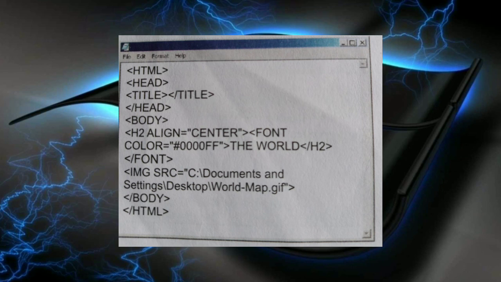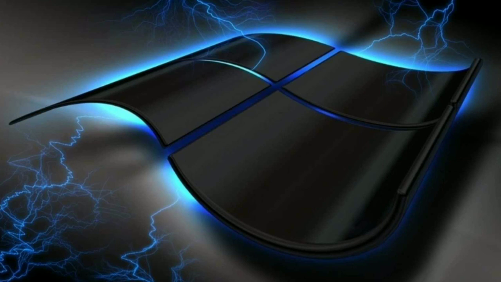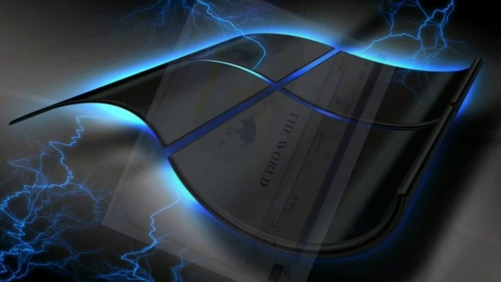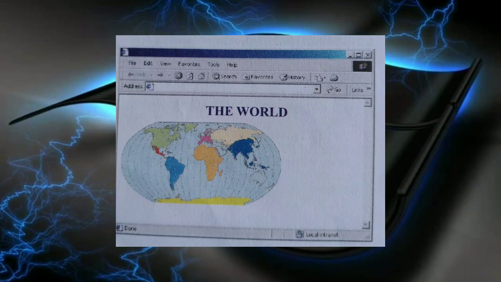Okay students, this is the image tag. Understood students? Now next window, you can see the web page, the world and the map of world. This way your page will be displayed.